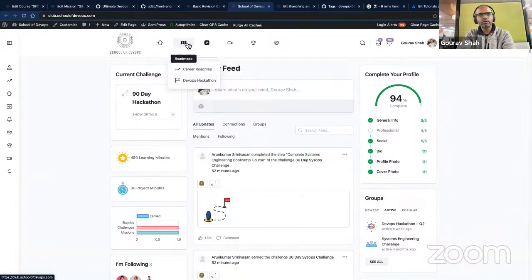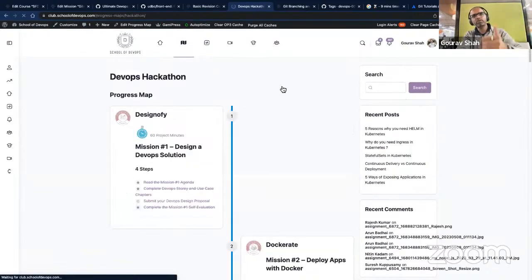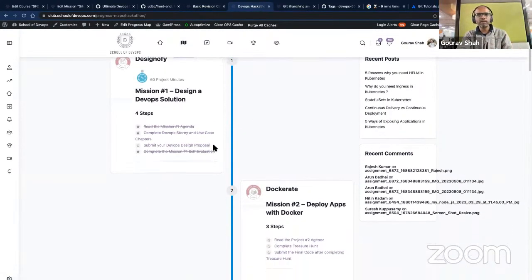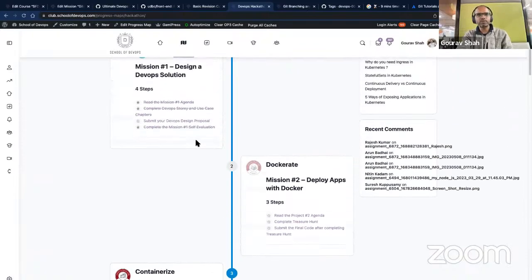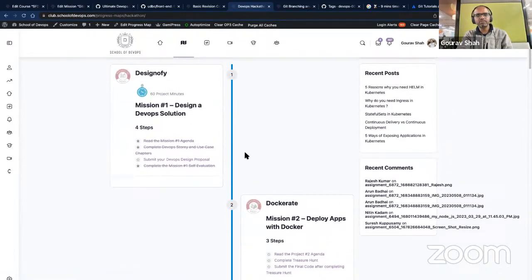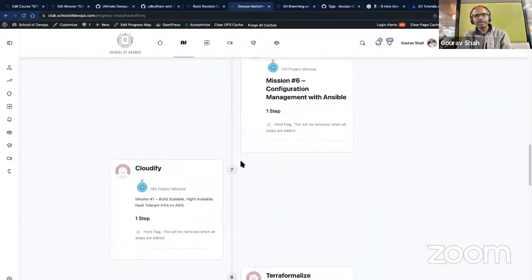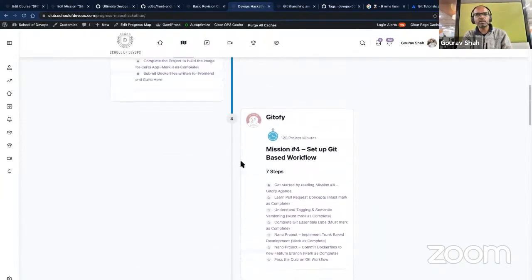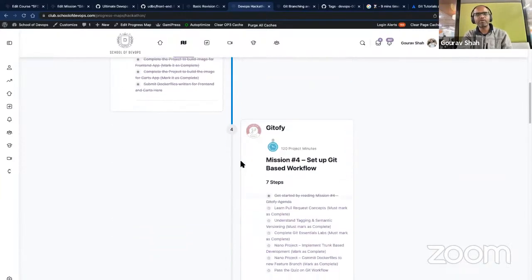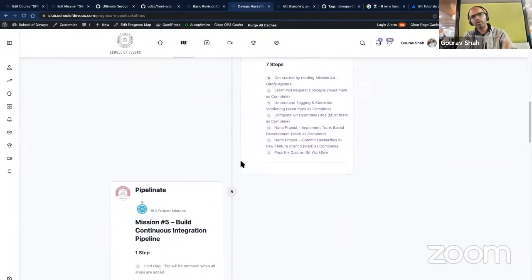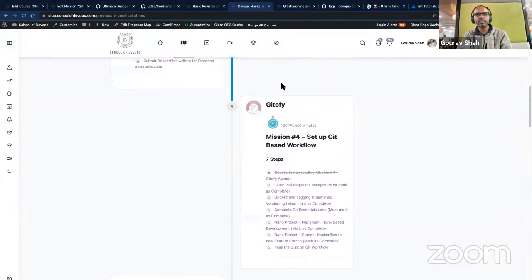If you go to the roadmaps, you see DevOps Hackathon. You can track your progress through this DevOps Hackathon from here. And each of these milestones, which includes Designify, Dockerate, Containerize, Gitofy, pipeline it, you will see the steps required to complete that milestone. And I'm going to start adding the steps as well as the content related to that as we progress through this week by week. And you can see that already we have, for the Gitofy